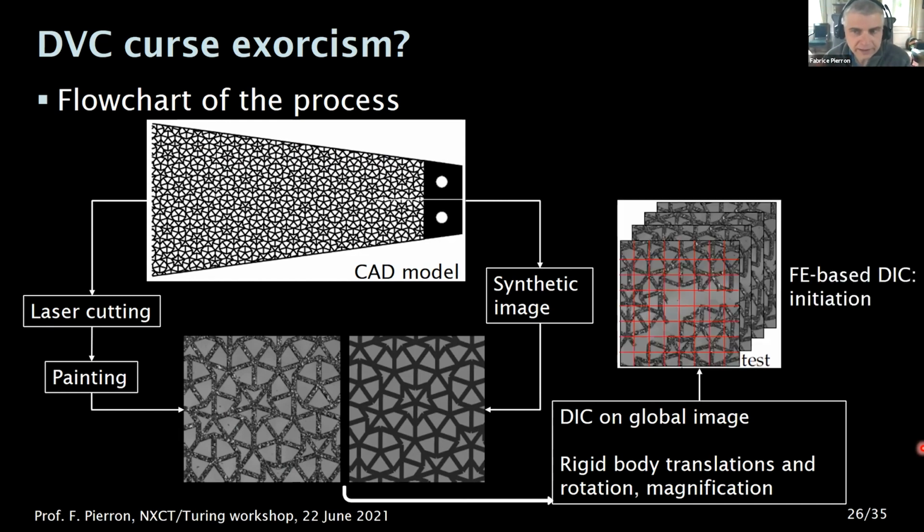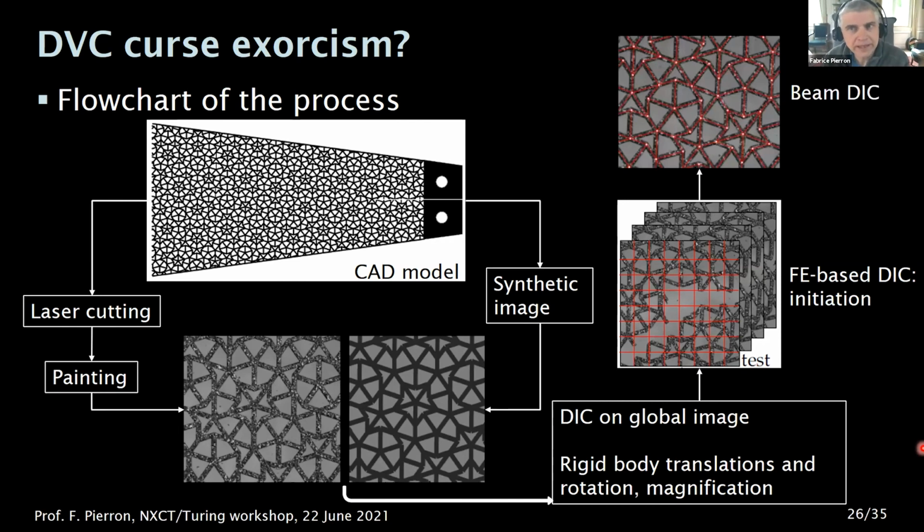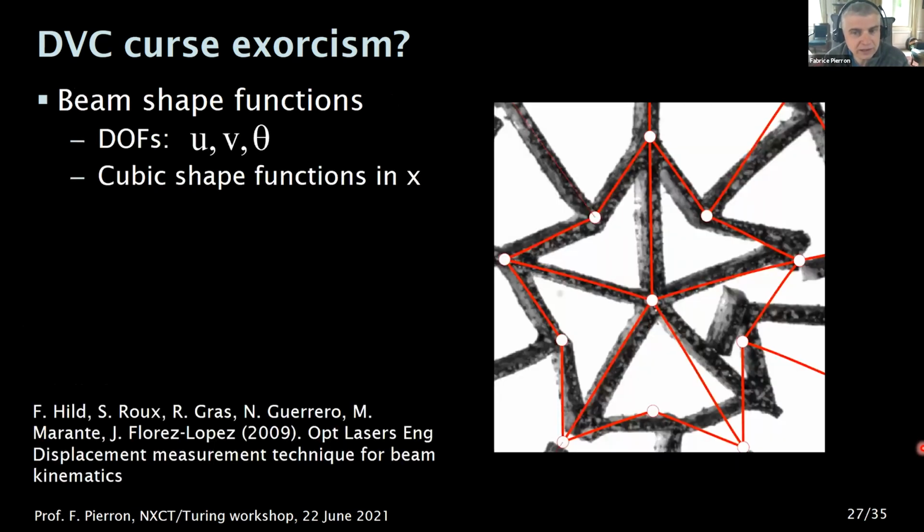point. Then they perform an FE-based DIC just to capture the load, the global deformation patterns. And once they have that, they use that data to initiate a more local matching based on beams this time. So what they're using is beam kinematics as shape function in the DIC problem. And that's quite interesting because you can then,